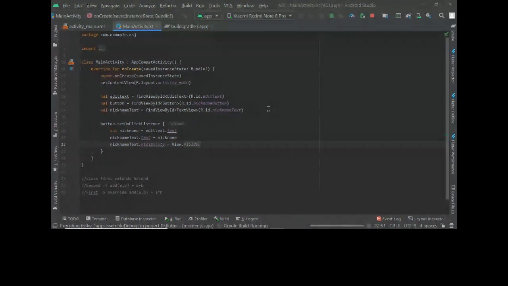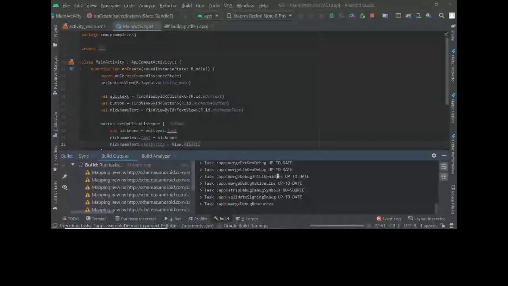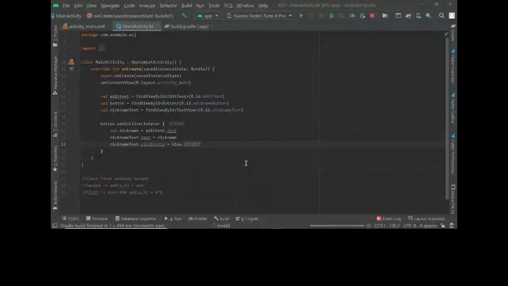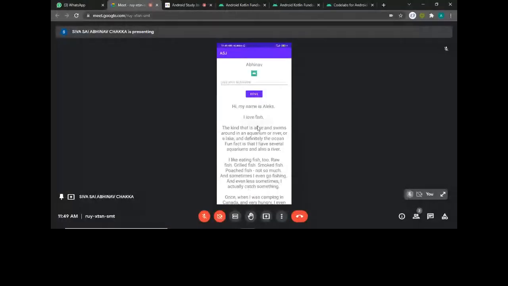Done. So one second, it's running. So now this is how it looks.